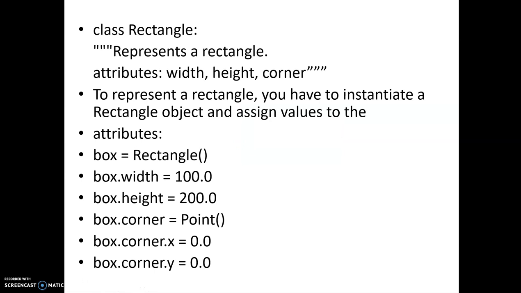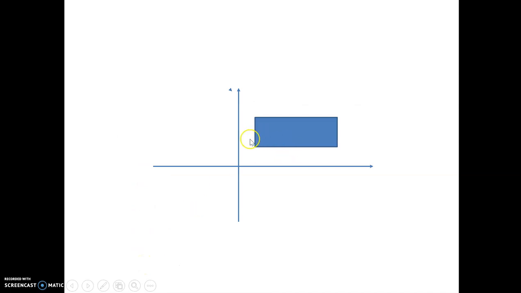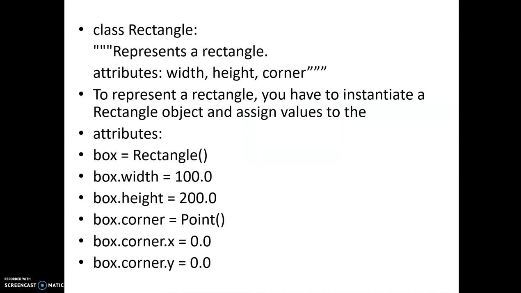Here you can see how you can define a class rectangle and which attributes are required. As I told you, the first thing you require is a point to tell from where you need to start. If you remember, we have already created a class for a point, with the help of which we can define any points. So the same point can be used here.